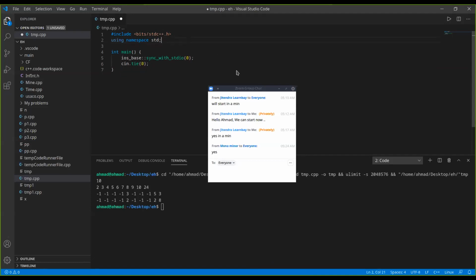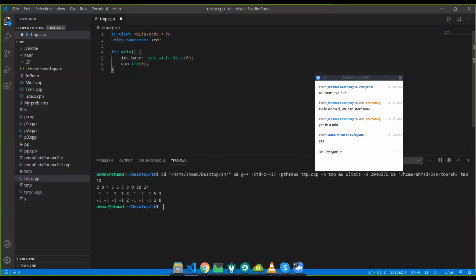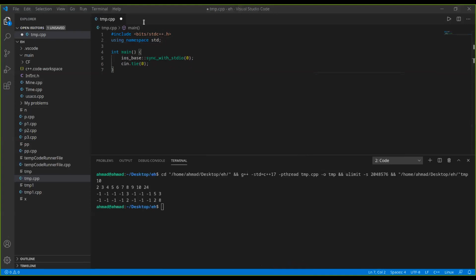Let's start with a problem. I'll post it to you here in the chat. So please, everyone, read this problem. Make sure you understand it to solve it. I'll give you 2 to 3 minutes to read it carefully and understand what it says.